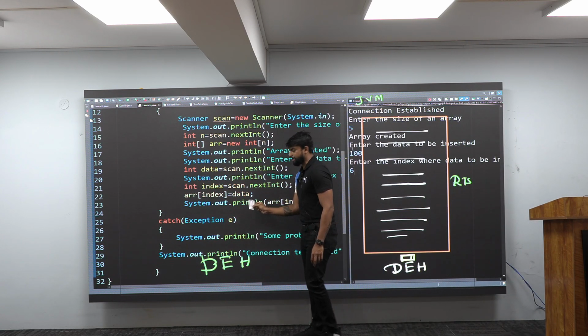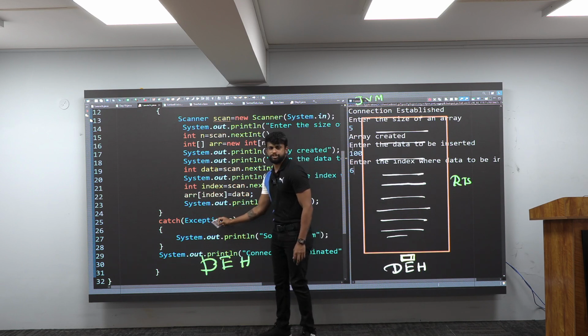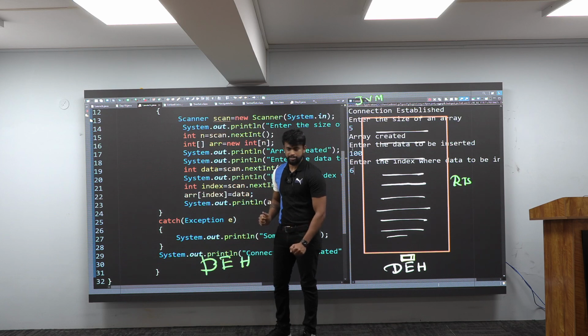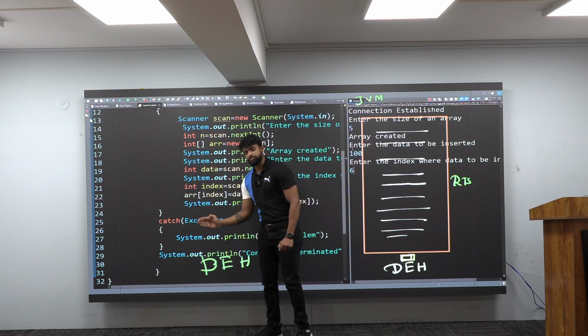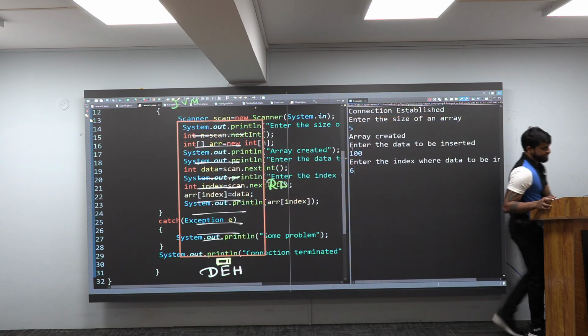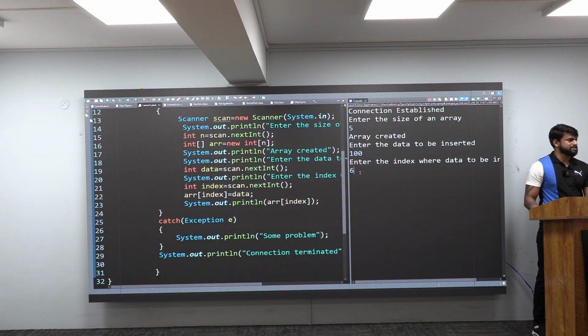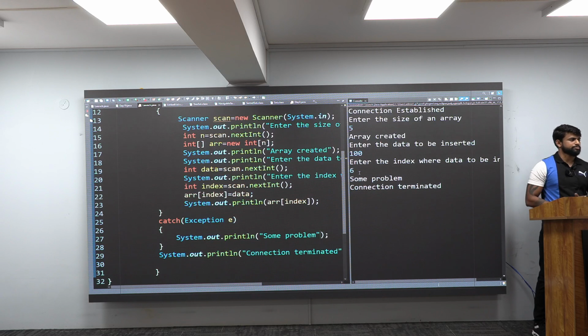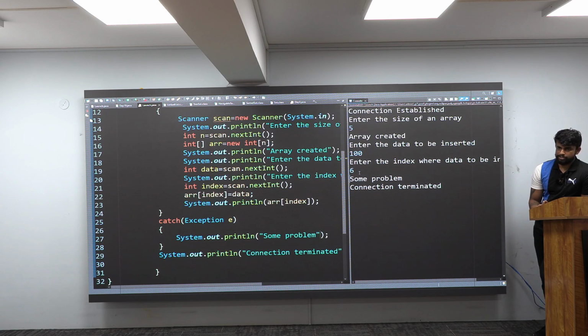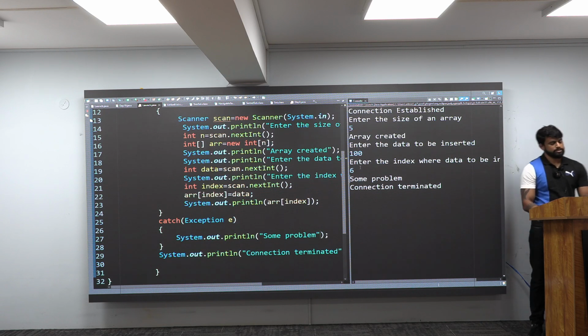Do you have UDH? Yes. Yes means this fellow will catch it. When he catches it, he will keep it in his pocket like this, and all the statements under this will execute. Really, sir? What's this? If I hit enter there, you can notice some problem and connection terminated. Got this, all of you? Any doubt in this? No doubt. Brilliant. What's this now?